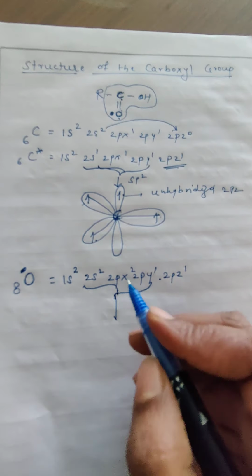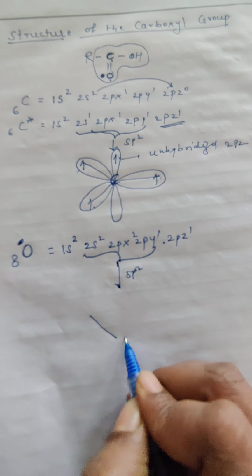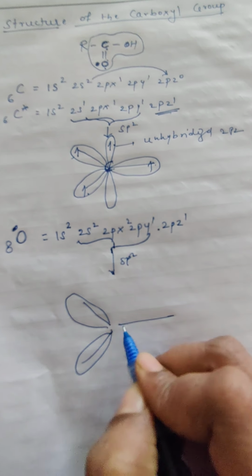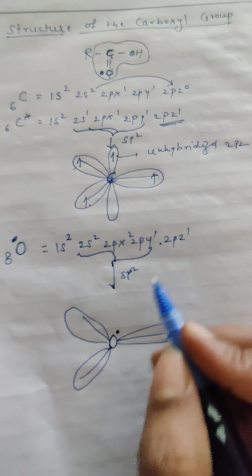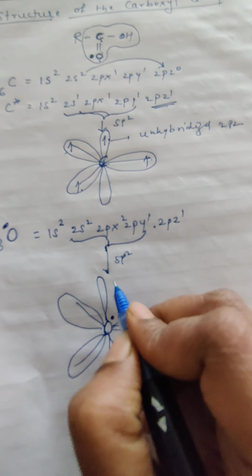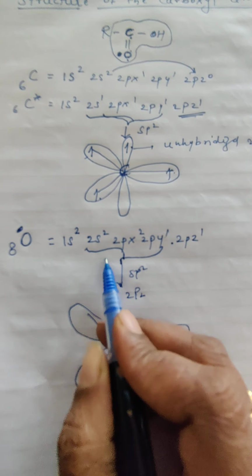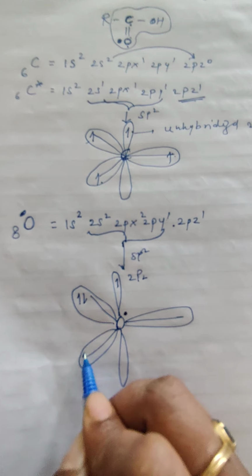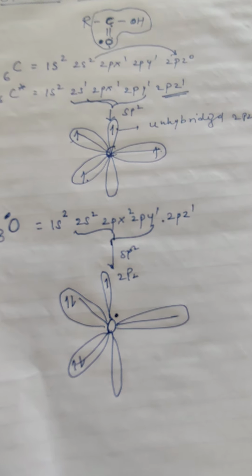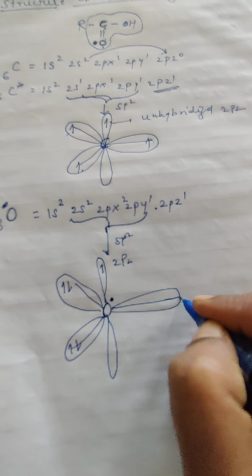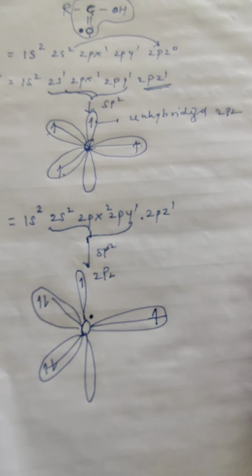This oxygen undergoes sp2 hybridization in the ground state itself, because it satisfies the condition we want. So the 2s and 2p orbitals in the ground state undergo sp2 hybridization to form three hybrid orbitals, which are trigonal in structure. So this is the doubly bonded oxygen, and here it also contains one unhybridized 2pz orbital with one electron. The 2s2 and 2px2 electrons mean that two hybrid orbitals of the doubly bonded oxygen carry two lone pairs, and one hybrid orbital contains only one electron.